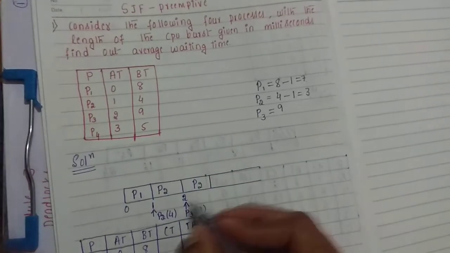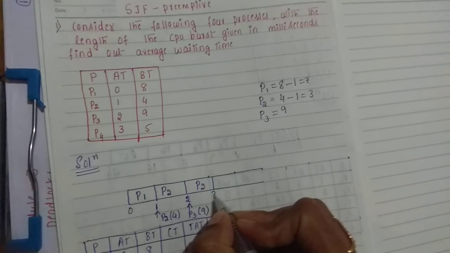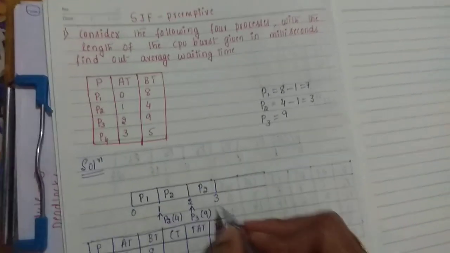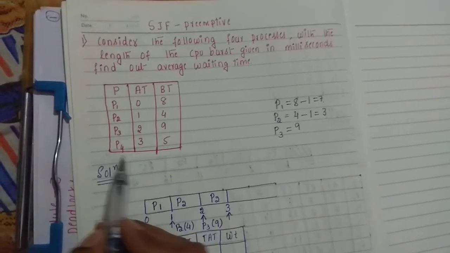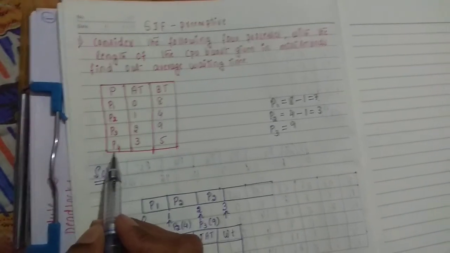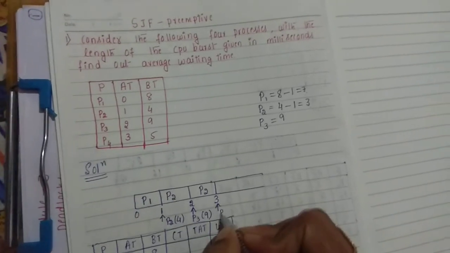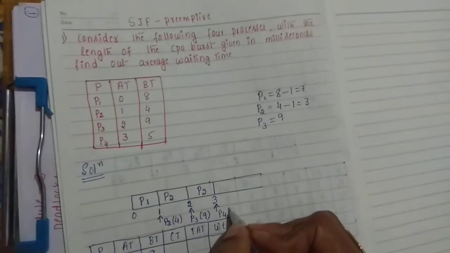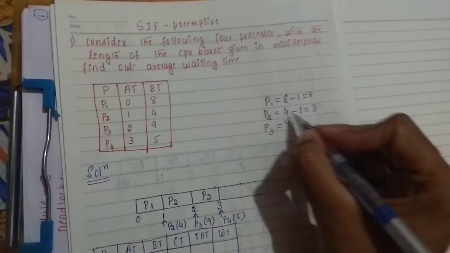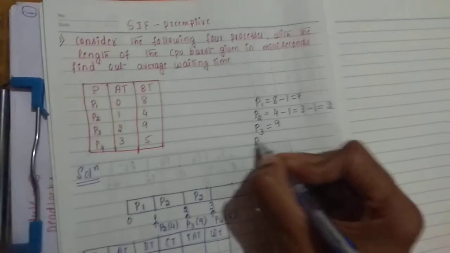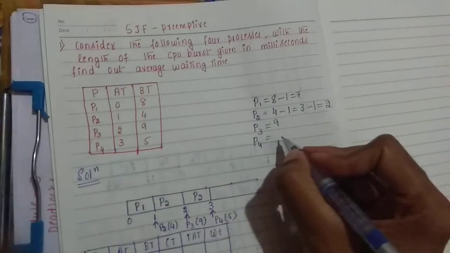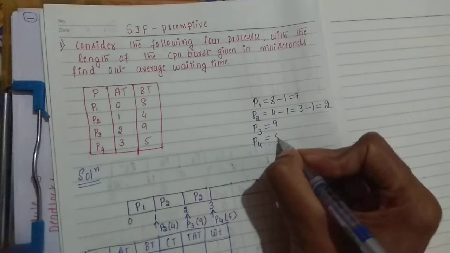Okay, and it executed for 1 more millisecond, that is up to 3 milliseconds. Again he checked if any other process is coming or not. So look at the tabular form. At 3 milliseconds you have one more process, that is process P4, and he is having the burst time of 5. And before that, update process P2, he executed for 1 more millisecond. So now left out is 2 more milliseconds. Now at 3 millisecond time interval, you have one more process added to the queue, that is process P4 with the burst time 5 milliseconds.